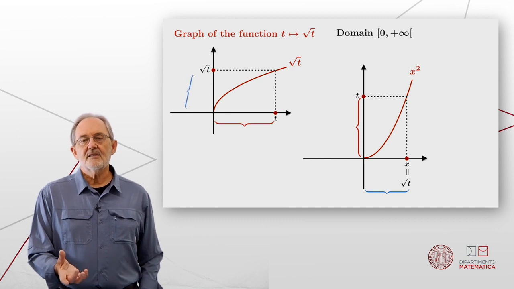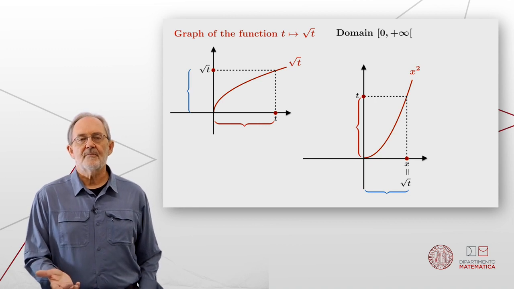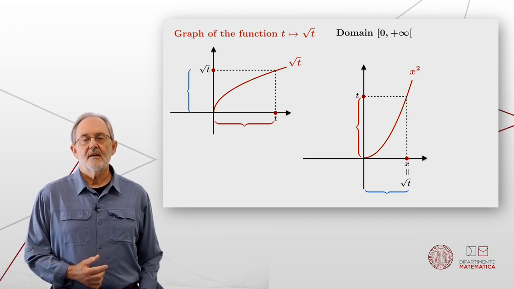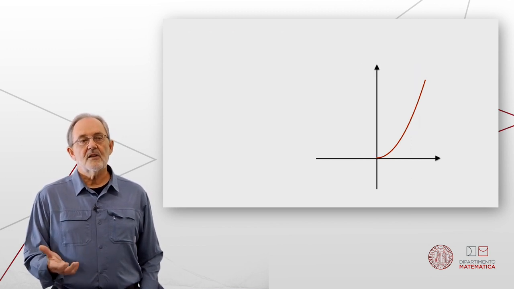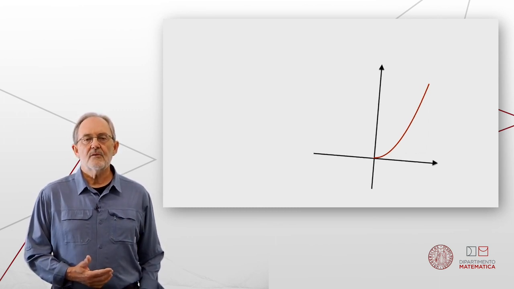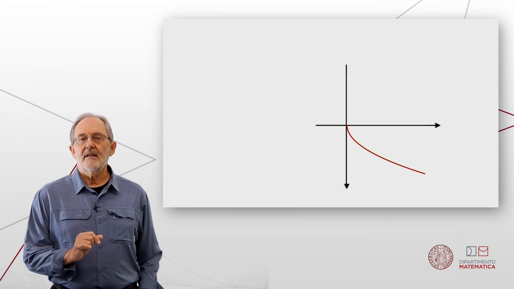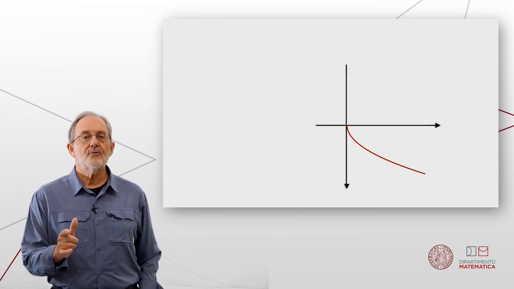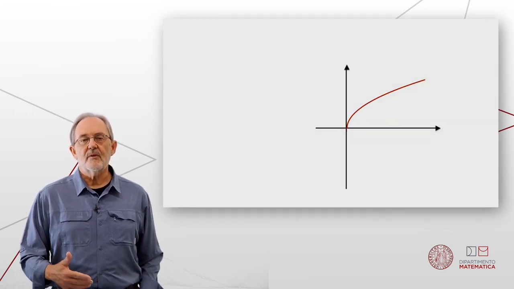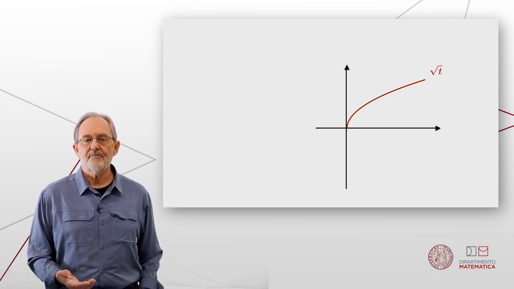In other words, looking at these x and y components, vertical has become horizontal and horizontal has become vertical. Otherwise, the things are the same. There's just a transformation of a geometric type. Now, if we want to go back and make horizontal vertical and vice versa, we could take our original graph of x squared, we could rotate it to switch vertical and horizontal. But now there's a problem, namely we like our vertical axis to be pointing upwards and not downwards. So we do a flip, a reflection about the x-axis, and we come back to what we recognize as the graph of the function of square root of t, the other graph.